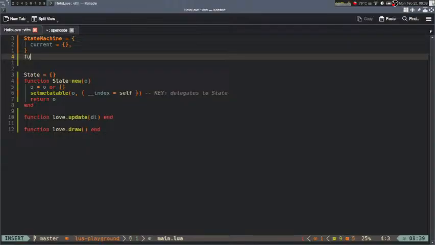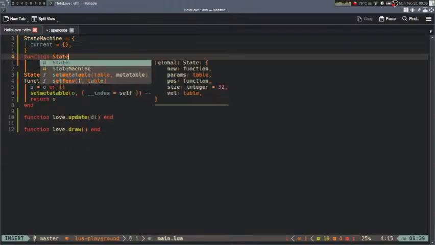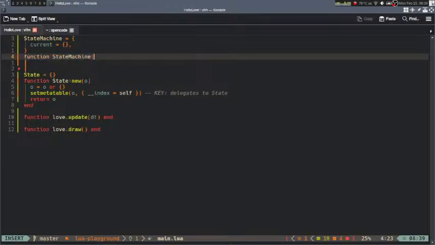Well, I mean, function, state, machine... what? Well, because I can call upon state machine. But if I wanted to have multiple state machines, then I can have multiple things. But if state machine is global, then it doesn't really matter, right? So